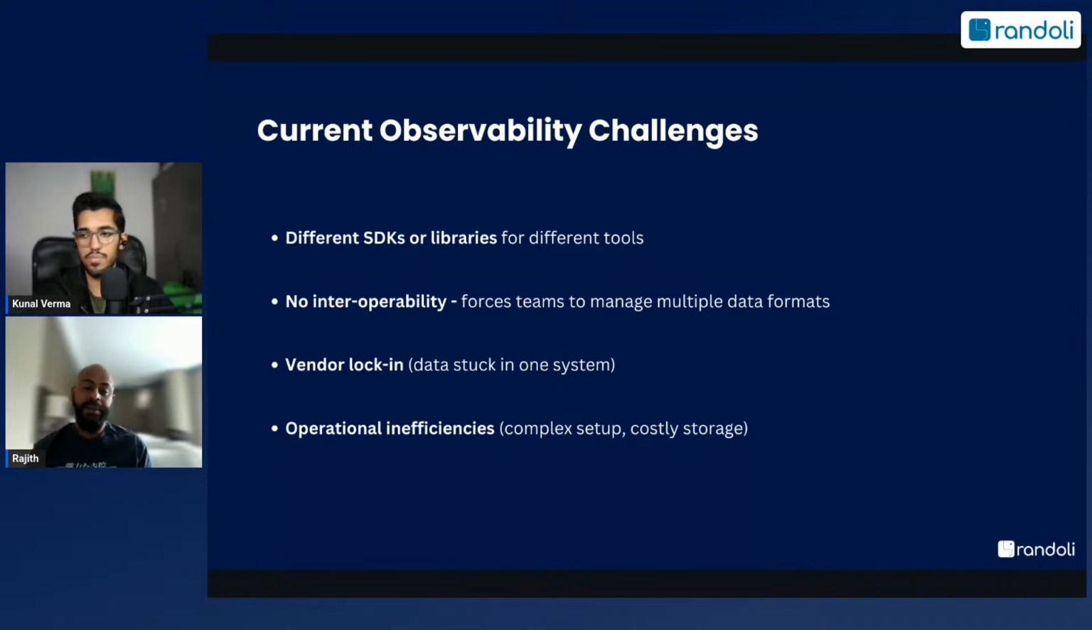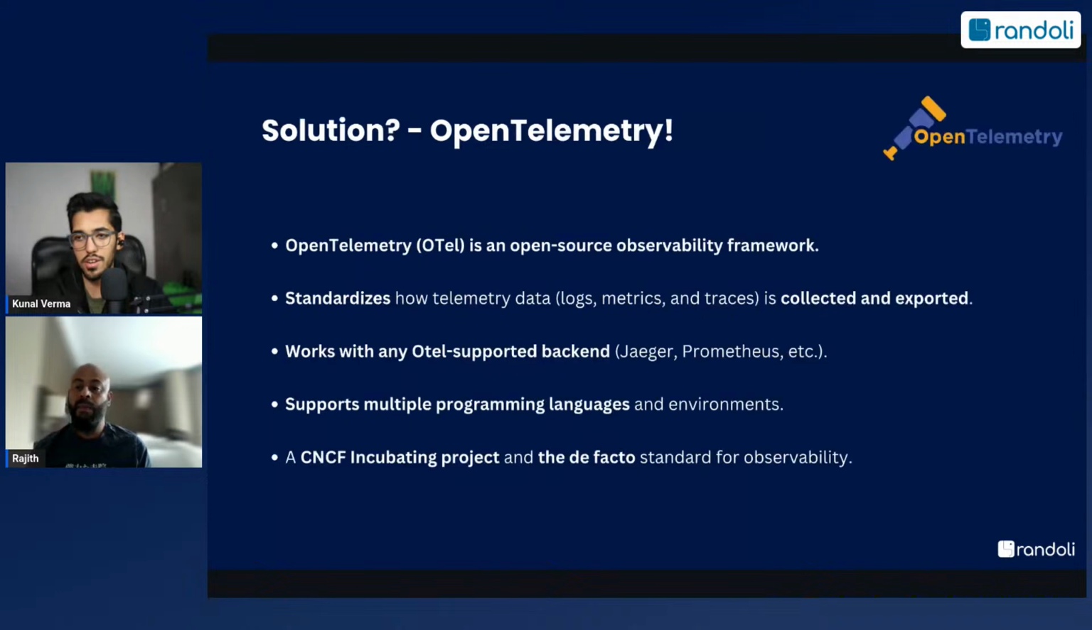Yeah. Amazing. Thank you so much for sharing that, Rajat. So let's talk about the solution now, right? We have been mentioning OpenTelemetry and why it exists. So